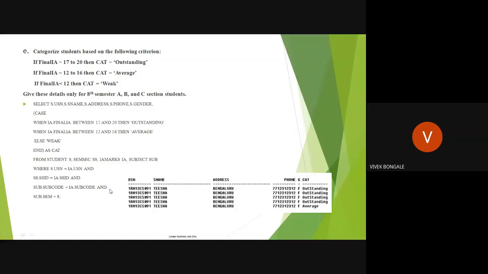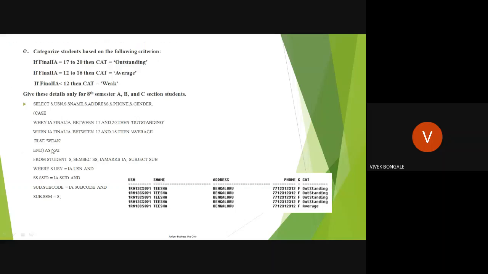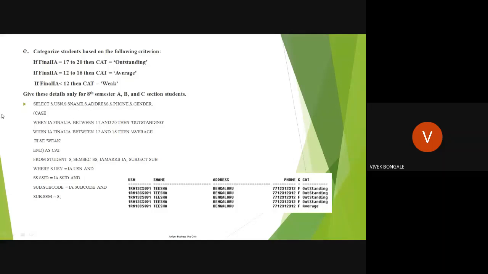Whatever value we get in the final IA: before executing the fifth query, the fourth query should be executed because we take the final IA marks. Based on this value, we decide outstanding, average or weak. The fifth depends on the result of the fourth query.